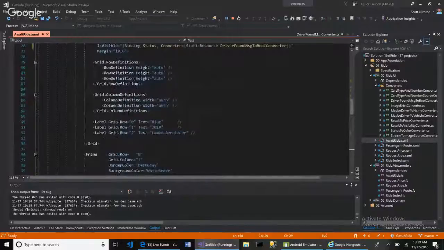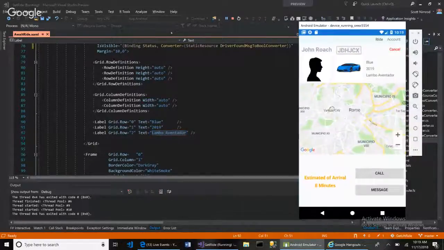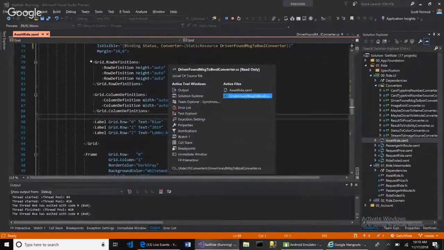This is hard coded right here. Blue 2019 Lambo Aventador. All this stuff needs to be data bound to my view model. So that's what I need to handle. Okay. So in order for me to handle that within my view model,